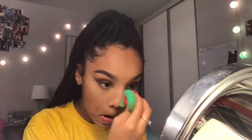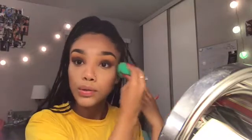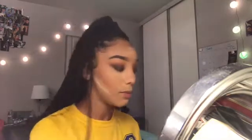Now that I have blended out everything, I am now going to bake my face. And when I say bake, I am going to be using my banana powder. Now all you want to do is dip it in there and press it into your face. Once I'm done with baking my face,